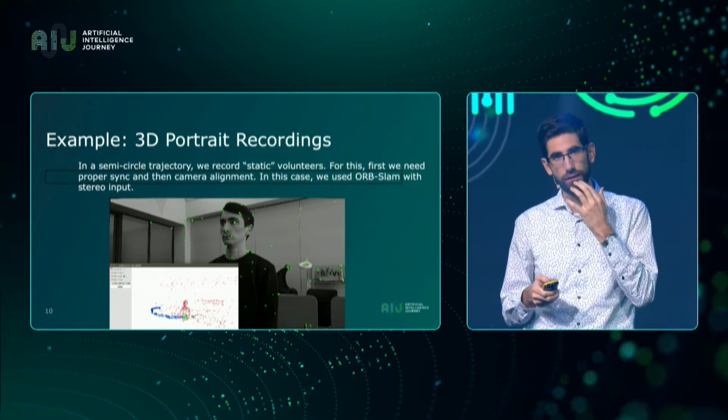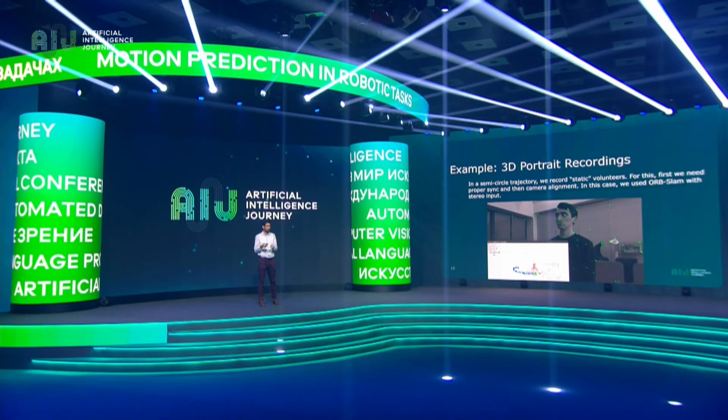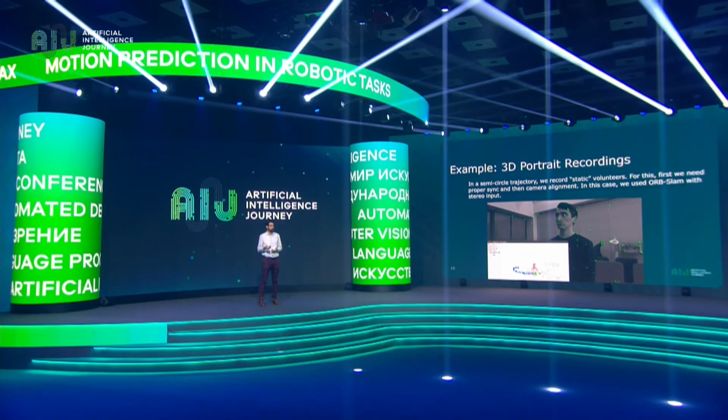You see all these key points in red, which are very salient points. If you observe all of them as you are moving, then you can create this aggregated map of the environment. In this case, we were interested in getting portraits of people, so there's an extra difficulty: people move a little bit. Even if you try to stay still, you're going to move a little. So this was an example of the perception part on the mobile robotics that we are using.